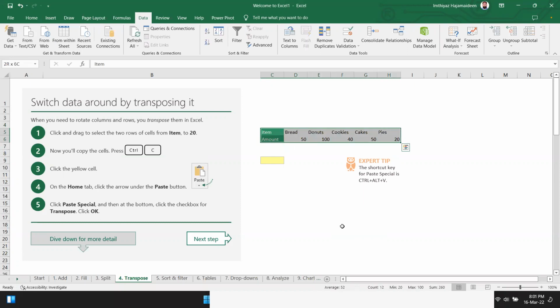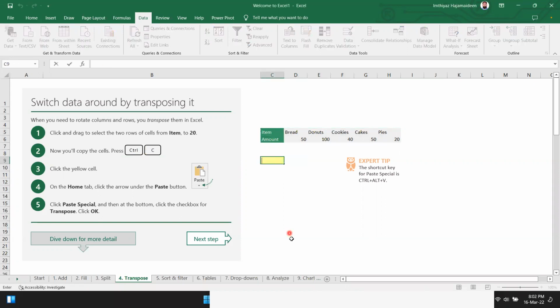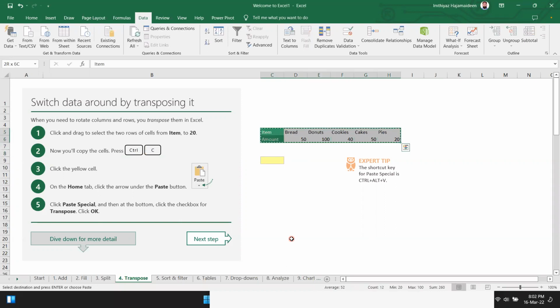So select the items, press Control C to copy, and choose where you want to transpose the cells. So you have selected this and pressed Control C, which copies it, and you want to do the transpose here, okay. So what are you doing? Control C, bring the cell here, and